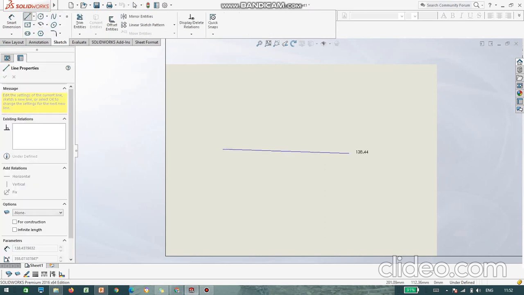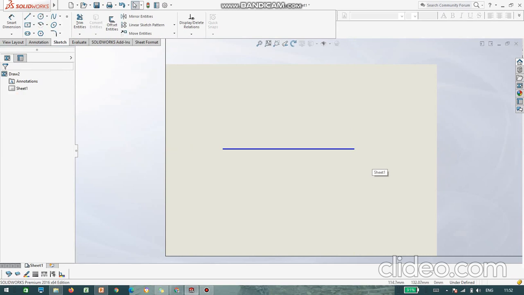Suppose you draw a line, you can cross-check it here in the right bottom side. The first is meter, second is centimeter, and the third is millimeter. All my dimensions are in mm, so I am choosing MMGS, millimeter gram second.